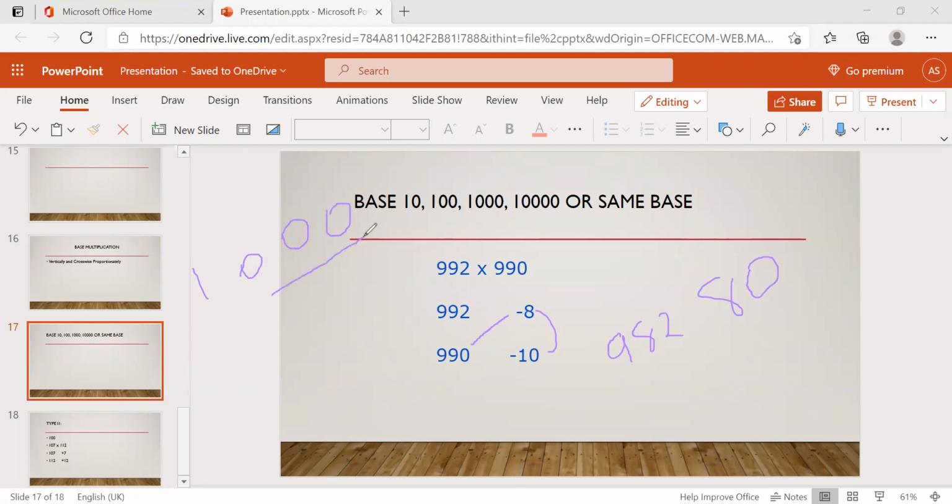1001. How many digits are there? 3. So if you are multiplying these two, we need three digits. So here you got only 80. So keep 0 here. Then this will be your answer. Okay. So like this, you have to multiply the numbers in type 1 and type 2.